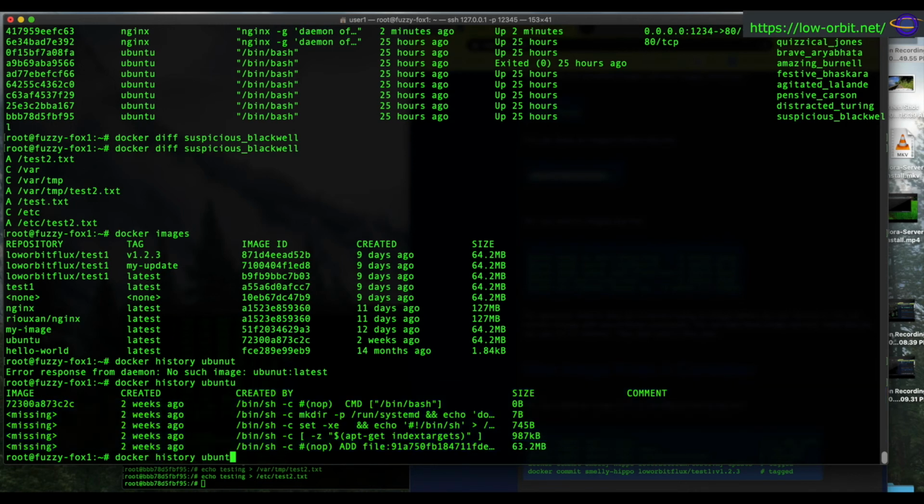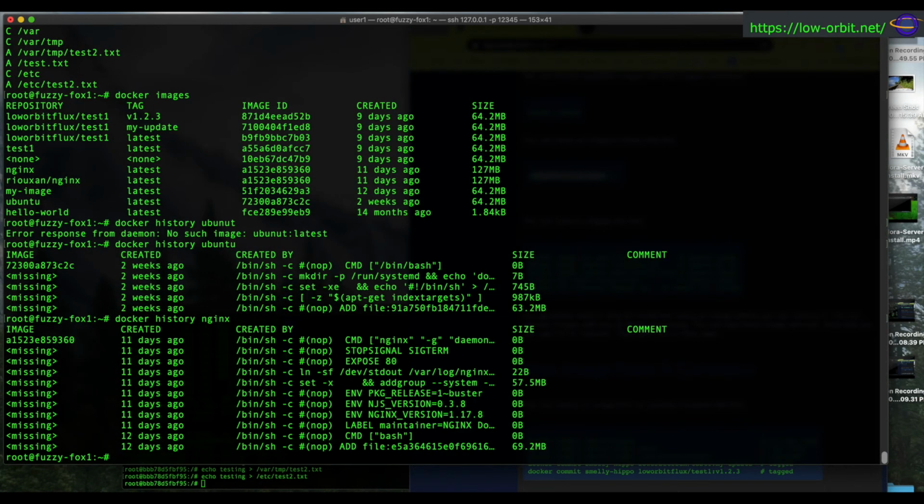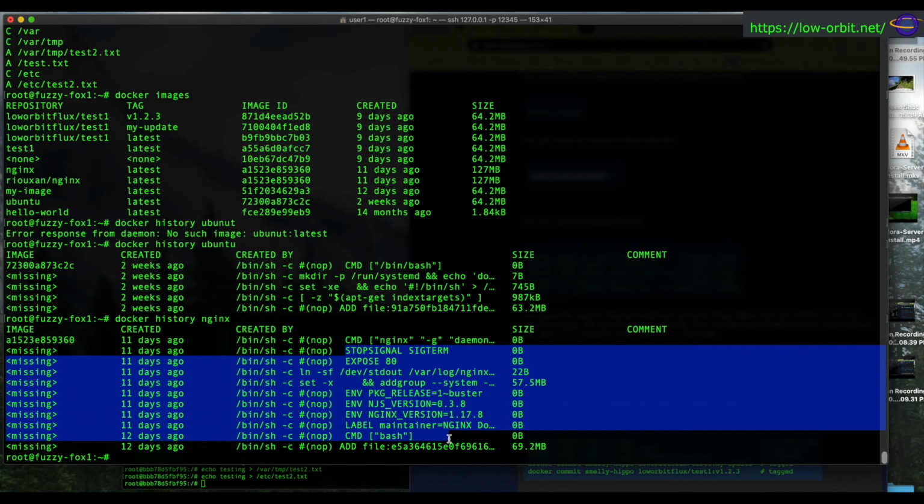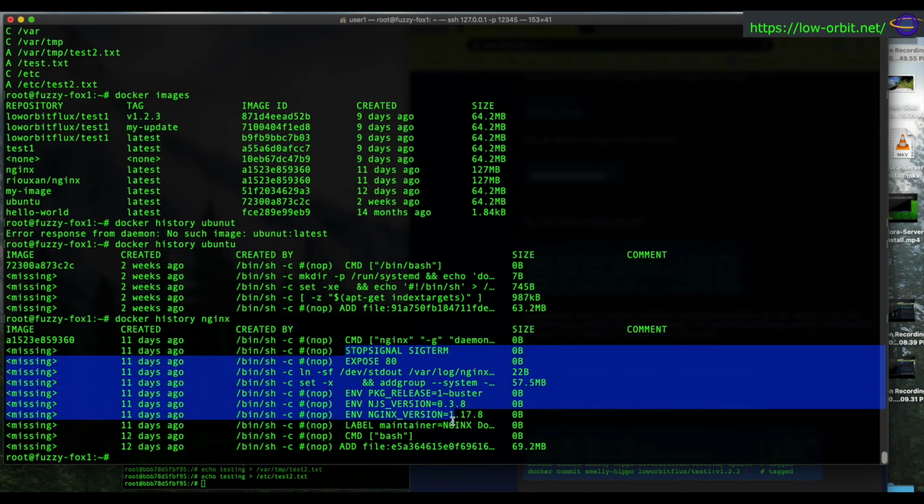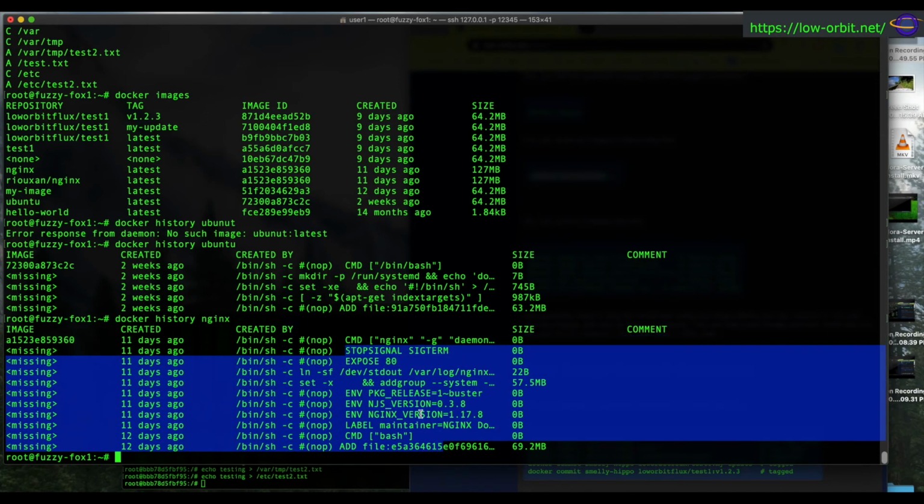Let's take a look and see how Nginx is different. And you'll see, these are basically just the build steps to build the image. Runs command. Yeah, that's basically it. So anyways,